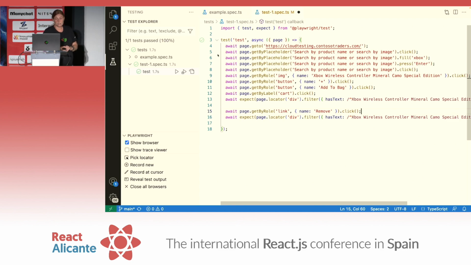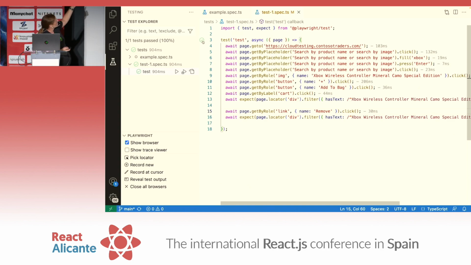And we're doing that with show browser checked from the VS Code, right? So it's going to open up a browser window, and it goes through that. You didn't see the browser window because it was on another screen. But from the VS Code, you've also got show trace viewer, so we could show that as well. We'll go through that in a second. But literally clicking record new, that's all we had to do. Click around the website, and we get most of that code for free.